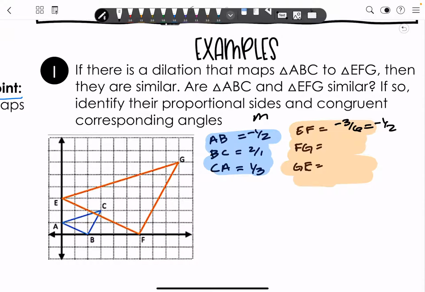FG, or GF, right there, that ends up going to 6 over 3, so that's 2 over 1. And then GE gets us